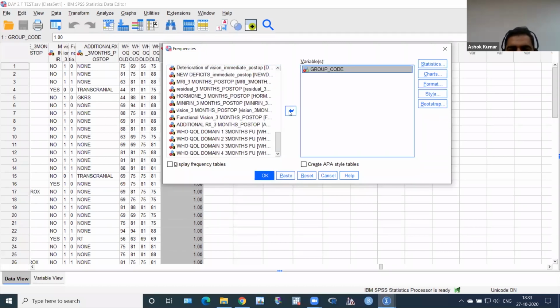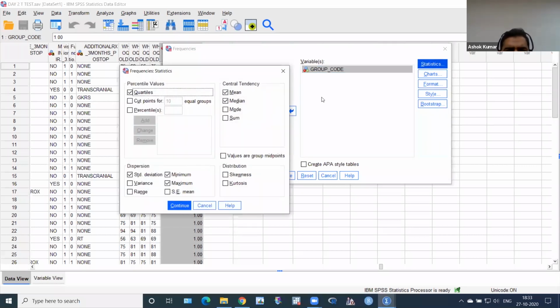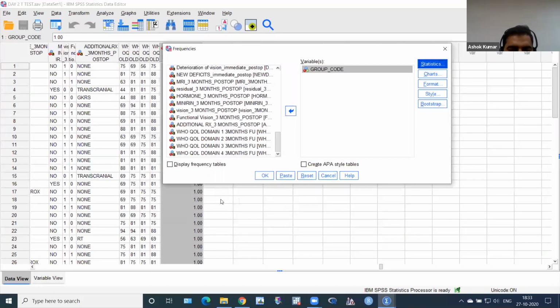I have to click this. Then statistics. Okay, I don't need these things because this is a nominal variable. If we calculate this, it means we don't know about statistics. Statistics is understanding the data, playing with data, talking with data, and listening to data. So I have to click display frequency table. Please remember, if the variable is nominal or sometimes ordinal, because ordinal is also qualitative or categorical. So I have to click here and then OK.